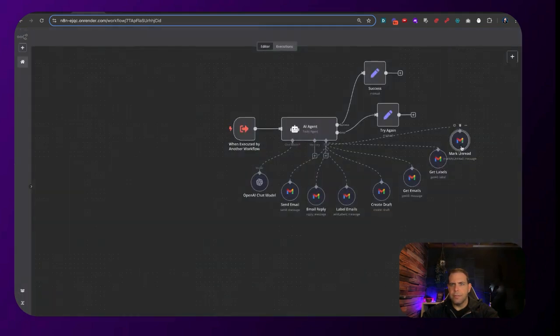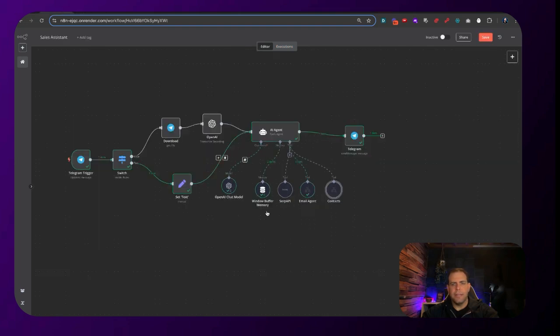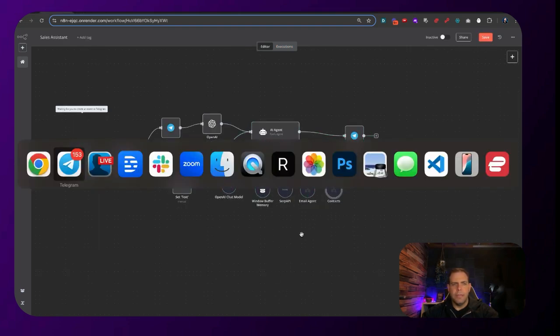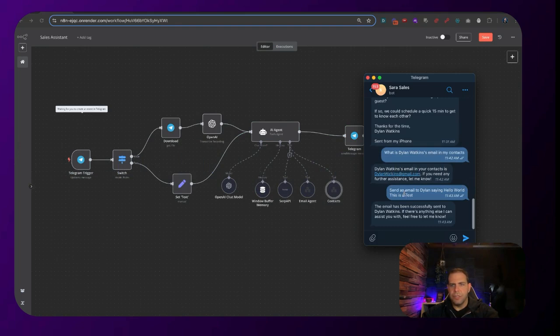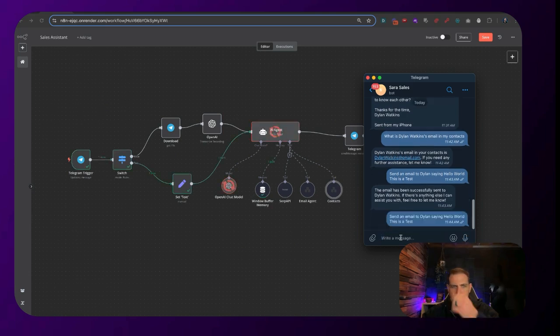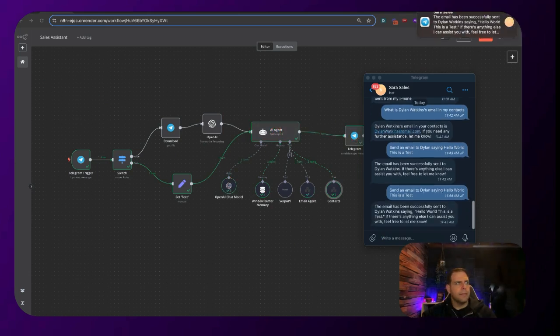Looks like that was not sent. We're going to do that one more time just for a quick test. We're going to hit save, go back in here, test workflow. I'm going to copy that previous message here. Hit enter. Let me grab it. We're going to open up the email and